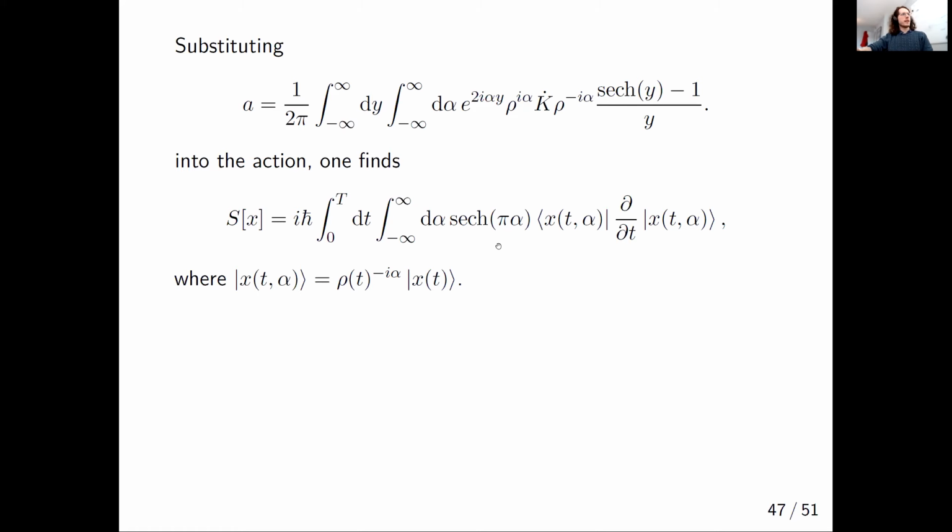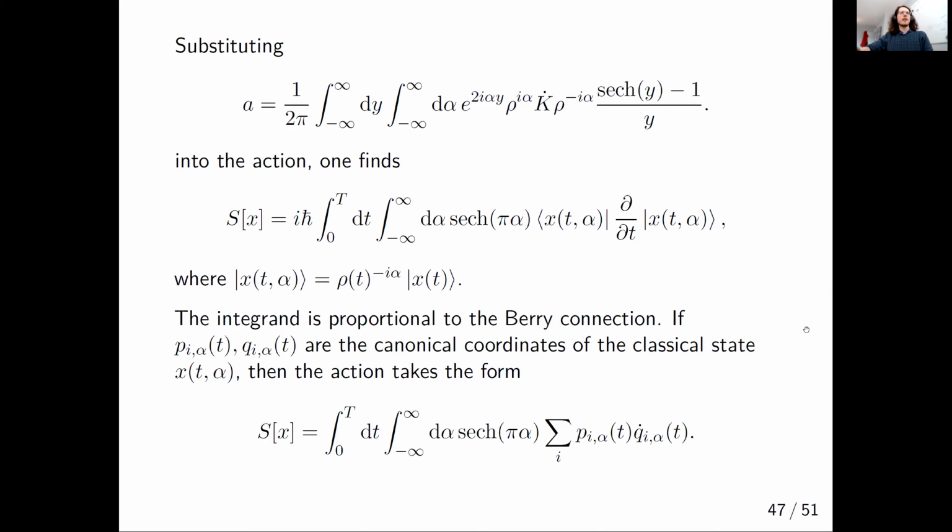So we can observe that this integrand here is proportional to the Berry connection of certain curves of states. And if we substitute in the symplectic potential in terms of the canonical coordinates of the classical state x of t and alpha, we get this equation at the bottom of the slide,